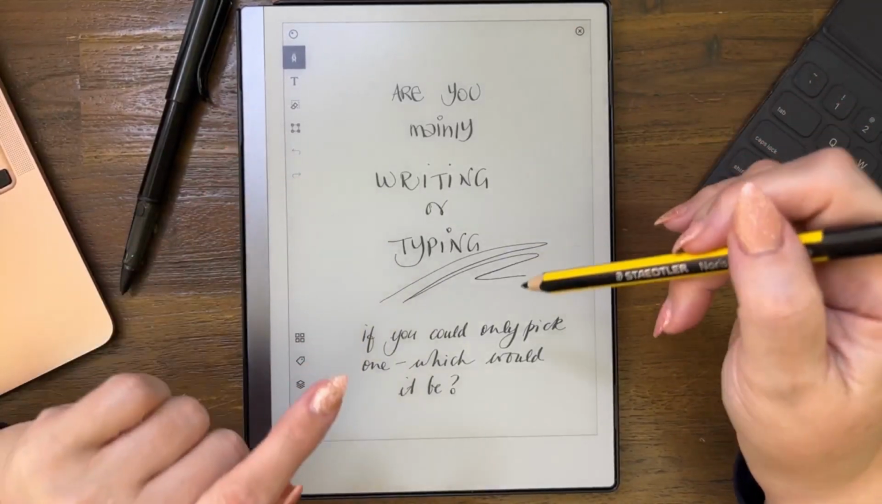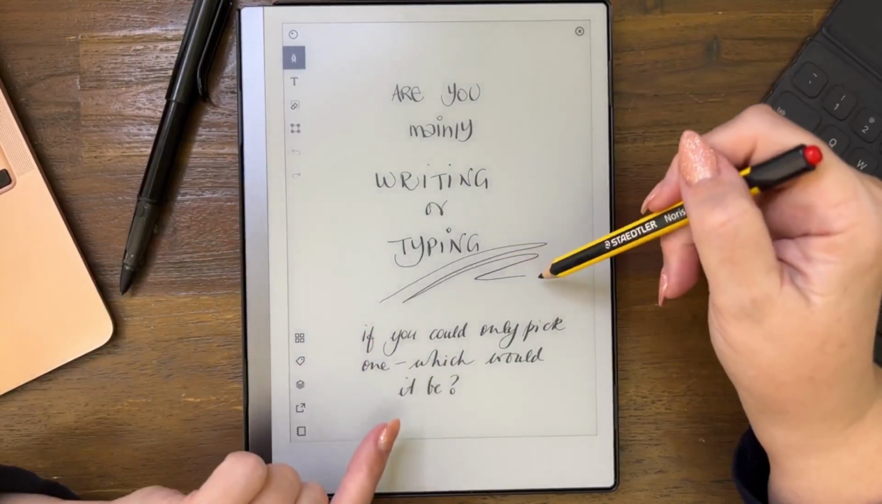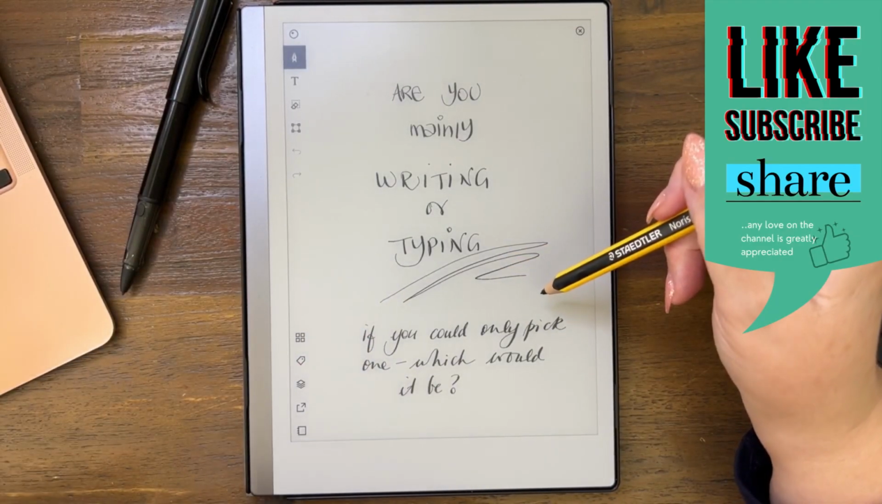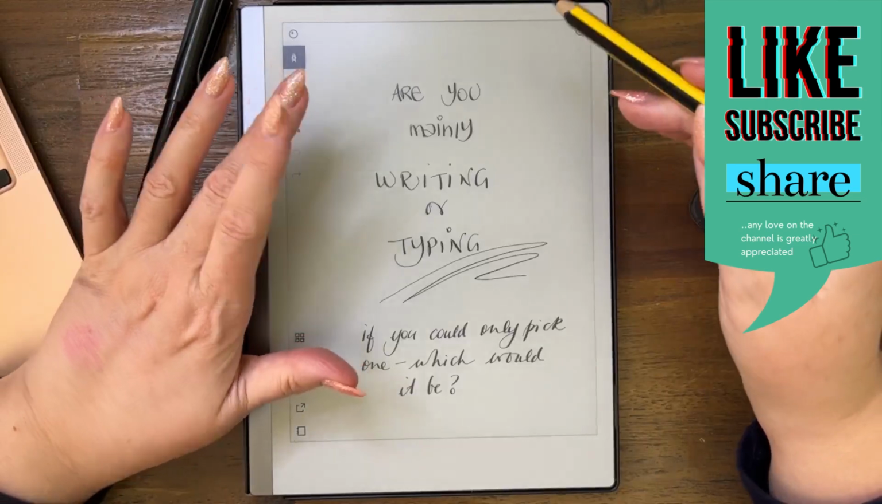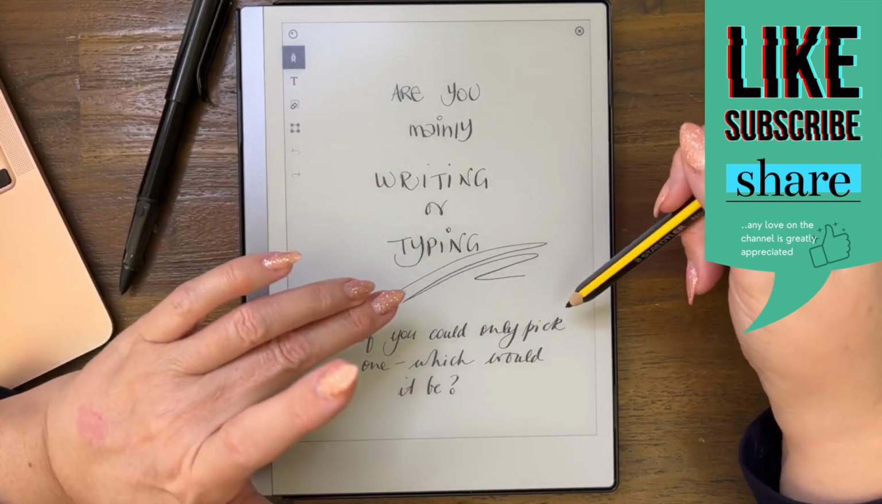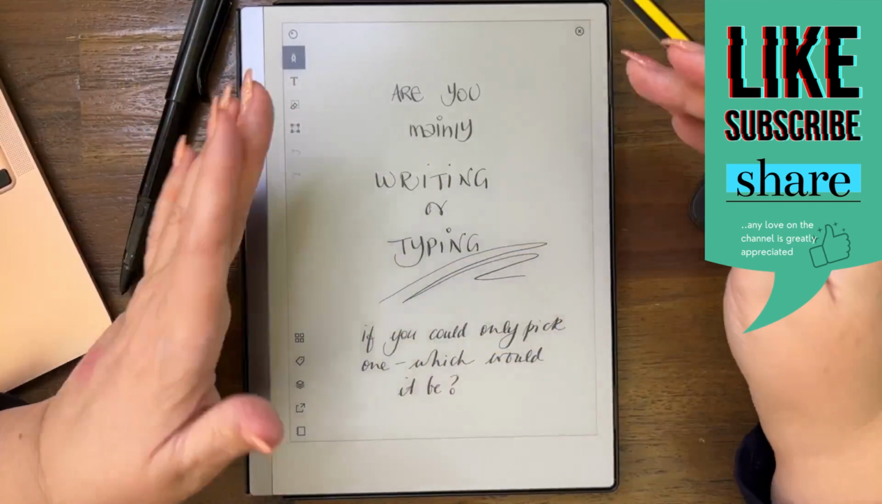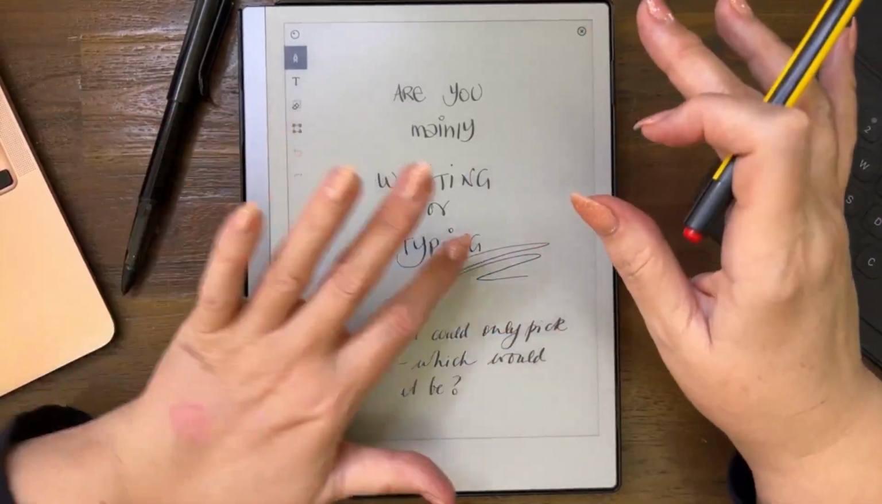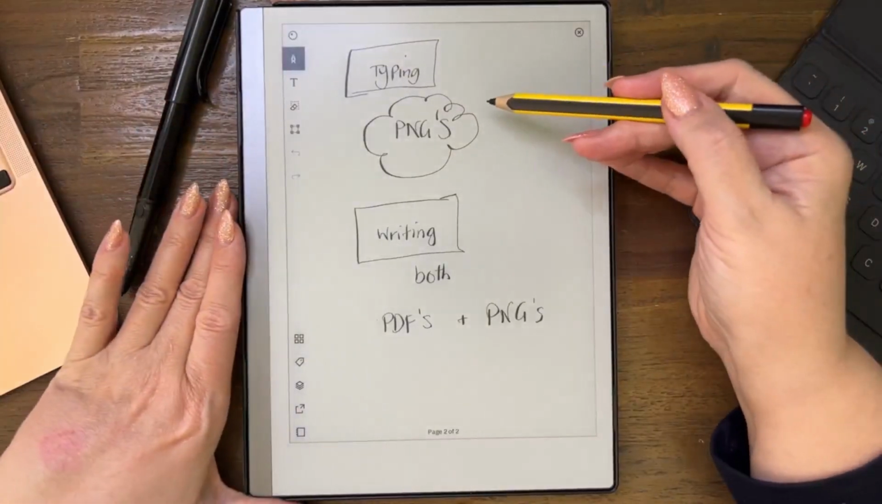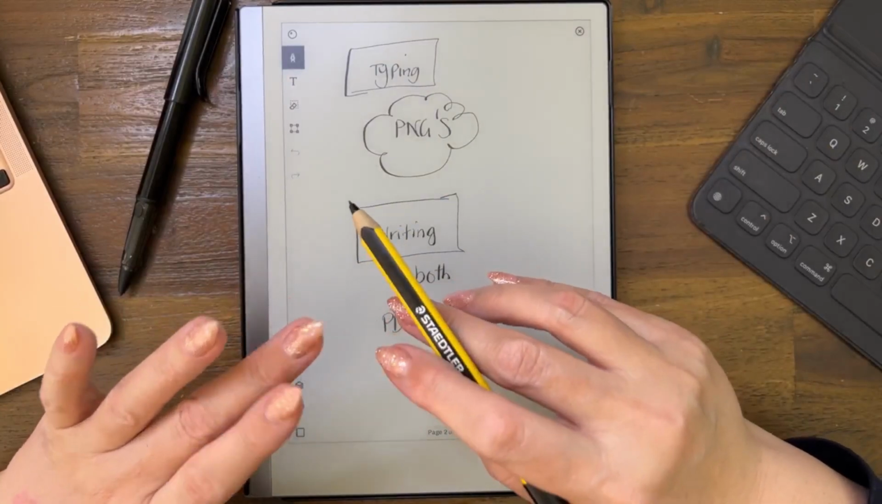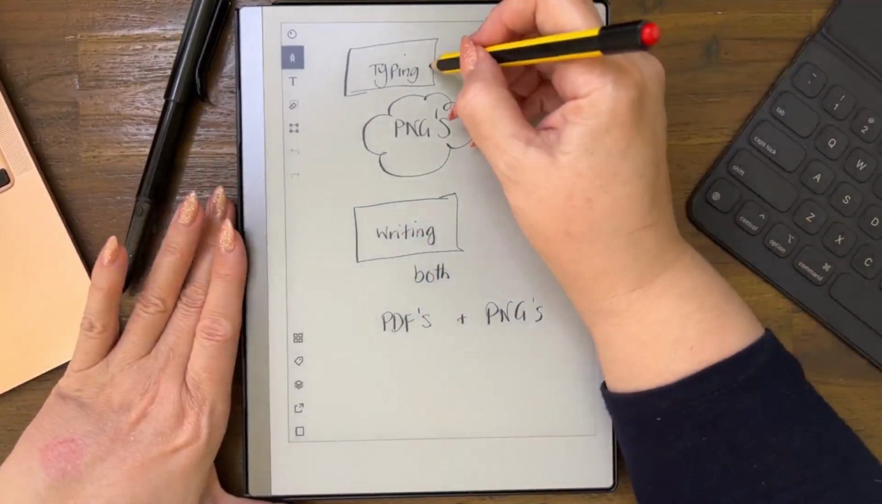Are you trying to type in a PDF file? Because you can't do it. So are you a writer or a typer, you know, when it comes to using the Remarkable? Because that is where it's going to be hard for you if you are mainly a typer. So if this is you here,